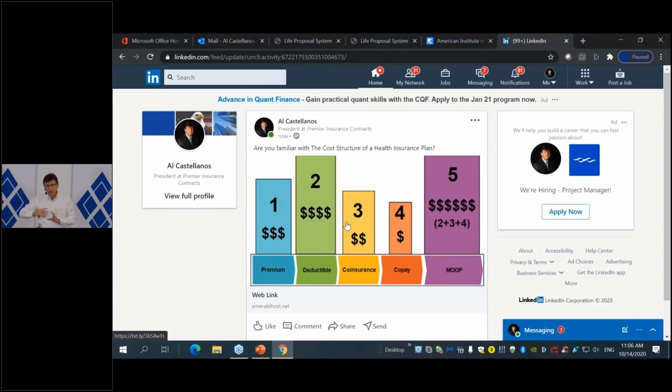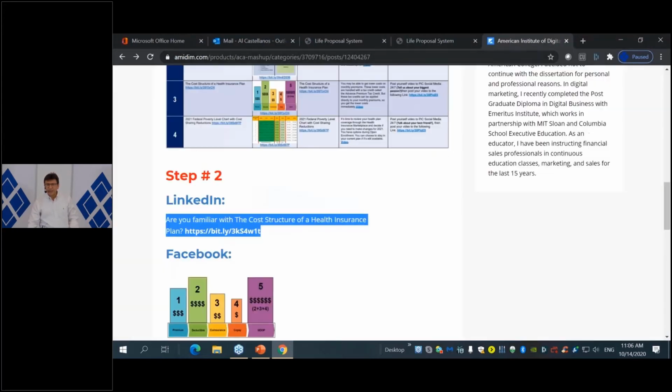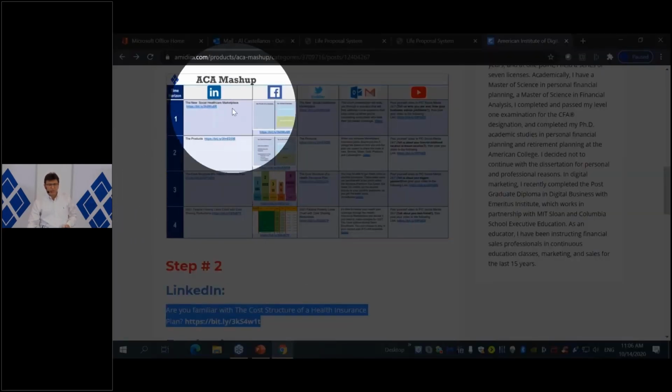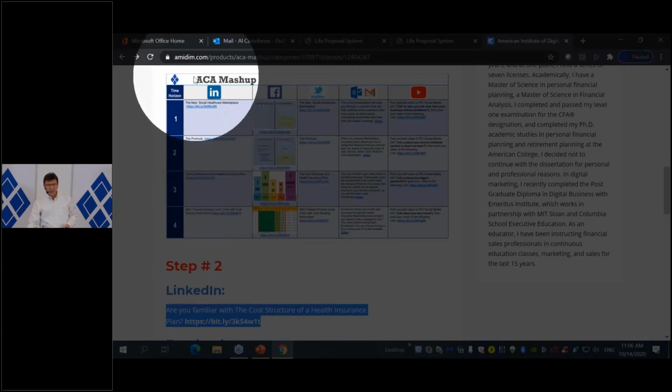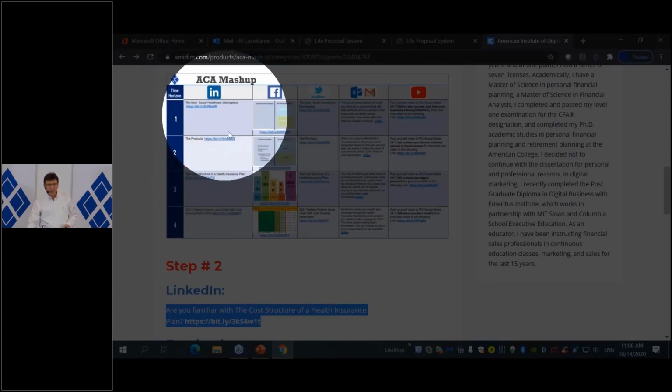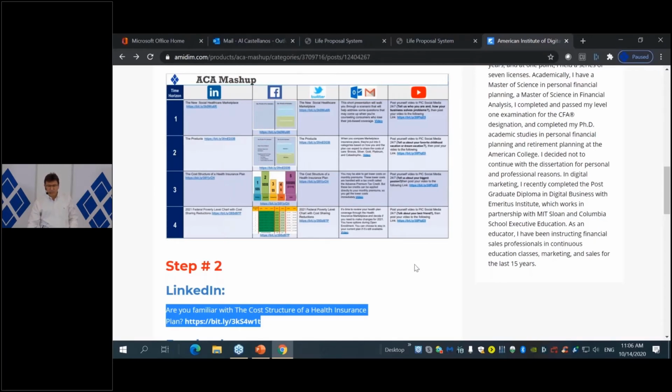This is just the first component of those 3 pieces. Okay, so that's part of it, so there we go. We already finished. I'm going to X out of LinkedIn. I have too many things open, so I'm going to X out. And there we go. We have already executed a mashup order of the day for the ACA mashup, time horizon number 3, for LinkedIn. Now we're going to do the same thing with Facebook.